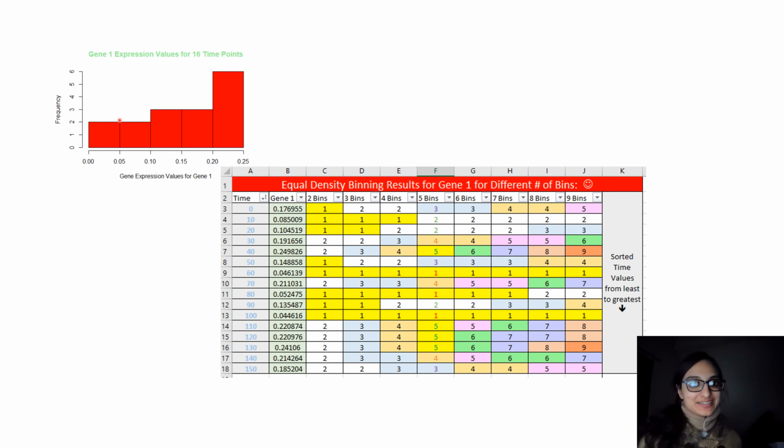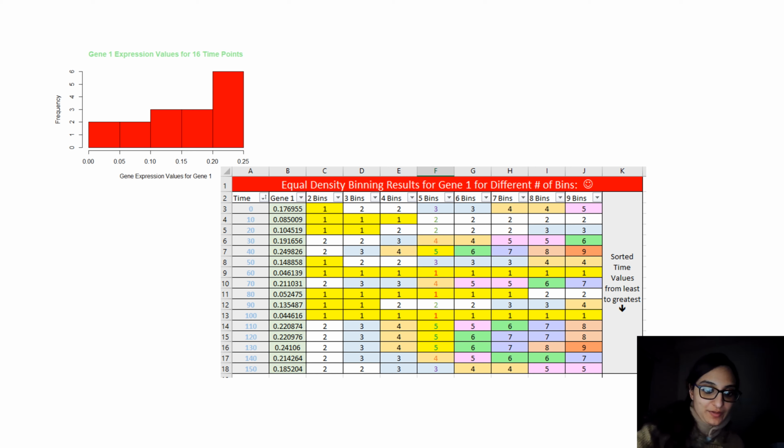So just to clarify again, this is gene 1 expression and we're focusing on gene 1, and we'll do the same process for all the other genes. Based on the number of bins here, like 1, 2, 3, 4, 5, and the histograms are using their own binning strategy,